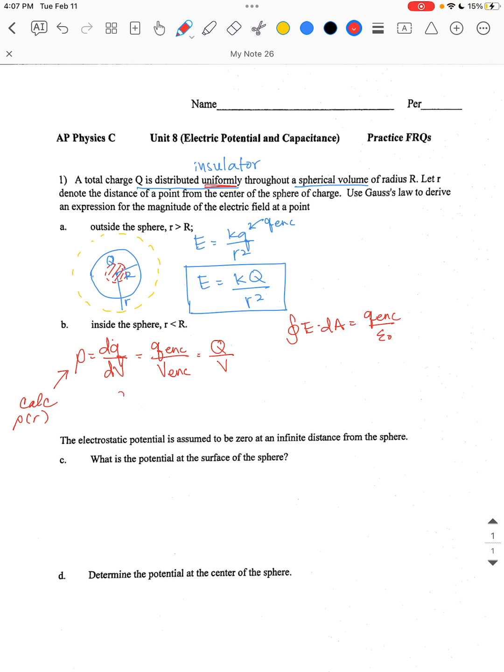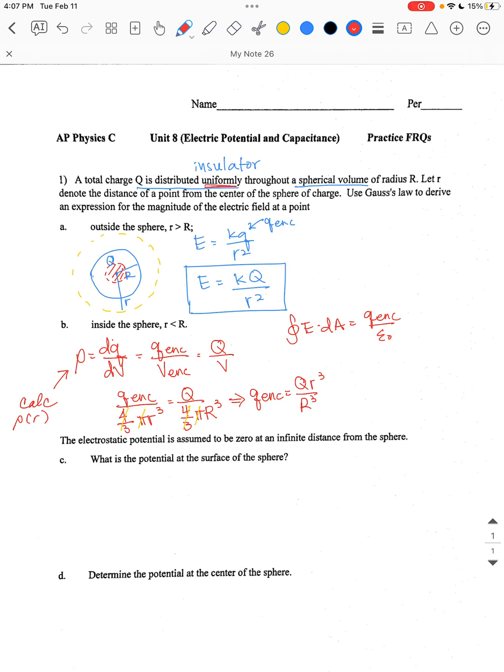So here is my volume equation for a sphere, 4/3 pi r cubed, and it's going to be little r because remember I'm focused on the volume enclosed, which is an arbitrary little r value, and then the big Q over the full volume is going to be the same equation except big R cubed, which is the volume of the entire sphere encompassing the entire charge Q. From there we simplify and we get that Q enclosed is equal to Q over little r cubed over big